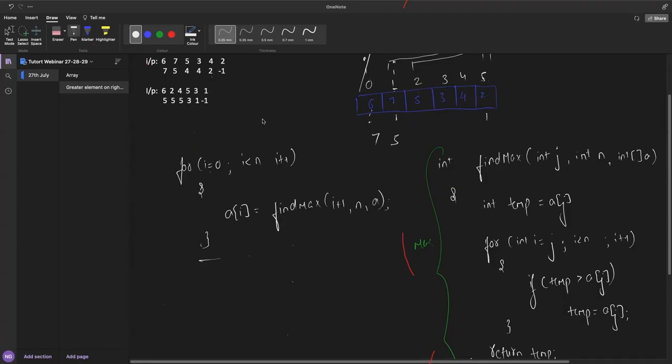The thing is, I don't want to find the maximum element every time. One approach or one direction in arrays is to store the already known information with us and use it.